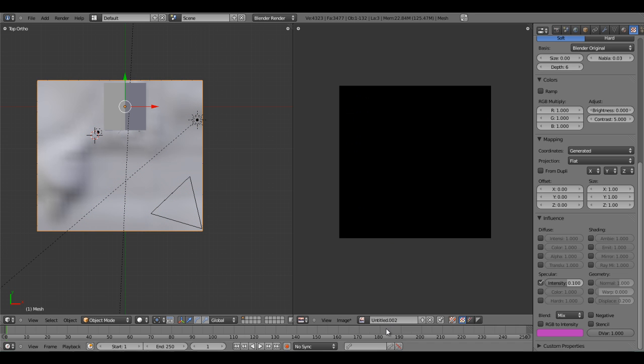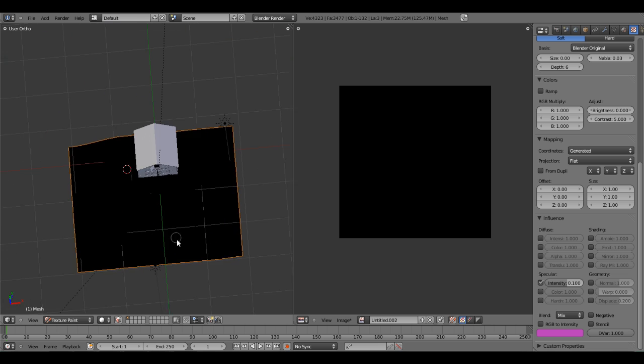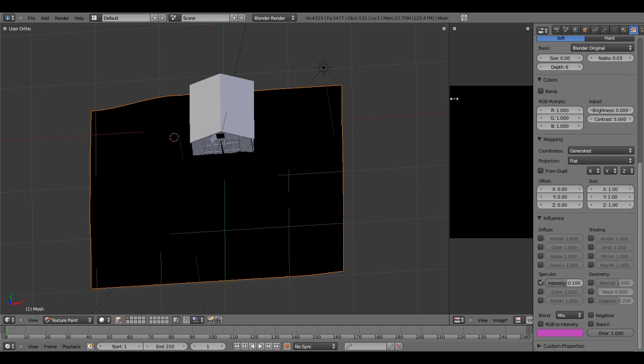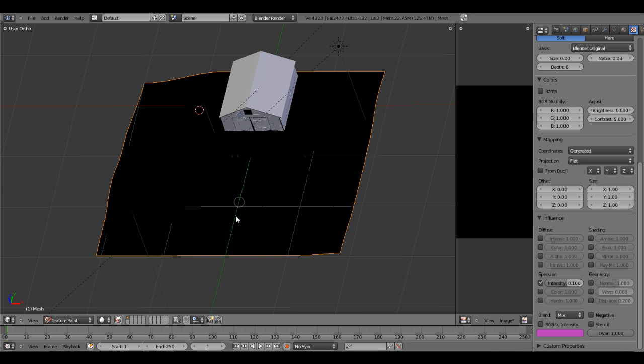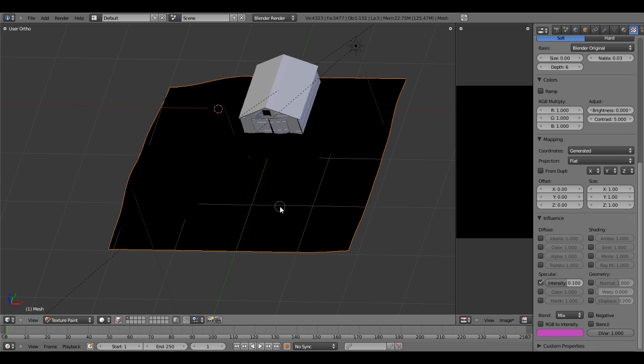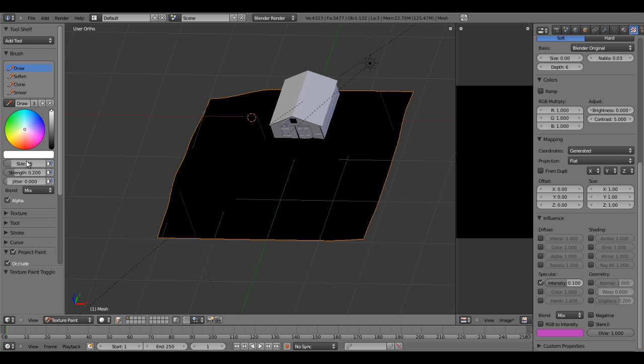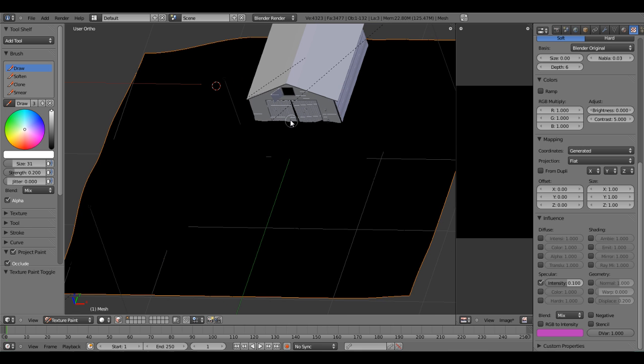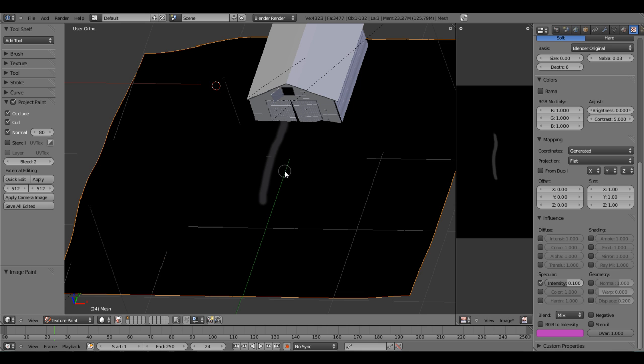What that does is create a black image there, which we can now paint over. If we go to texture paint mode over here, it's now made the plane black, because it's basically taking that texture and putting it over there. Now in texture paint mode, we can start painting on that texture we've just created. If we press T, you bring up this sidebar, where you can change the controls of the paintbrush. If we just start and drag there, you can see you start painting onto it. The strength is at 0.2 at the moment, which is why it's